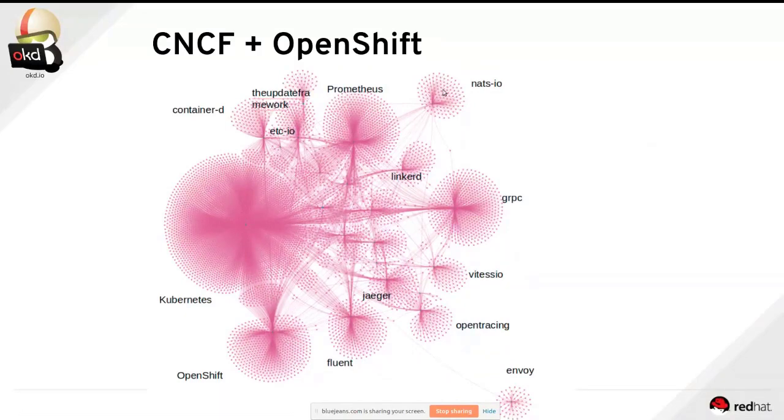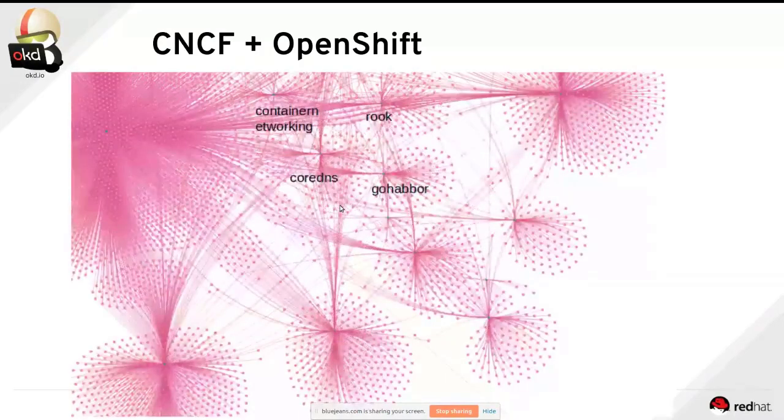So then we can see that we have some other planets around this. So we have NATS.io, Prometheus, Containerd, gRPC, Vitess.io, and some others that are kind of big ones. And then you can see this mess in the middle, right? So this mess is developers that are working in several projects at the same time. And then probably you see this, but let me show you that there are some projects that are in between or across all of these big projects,